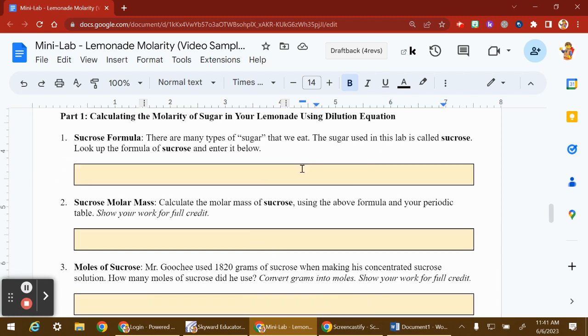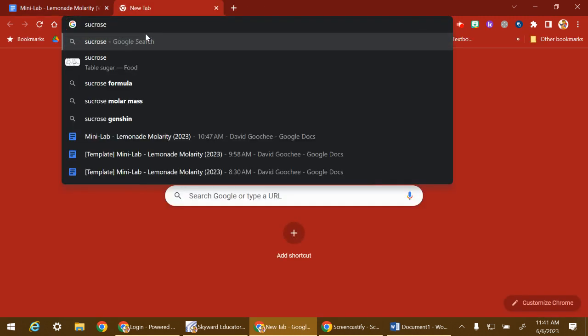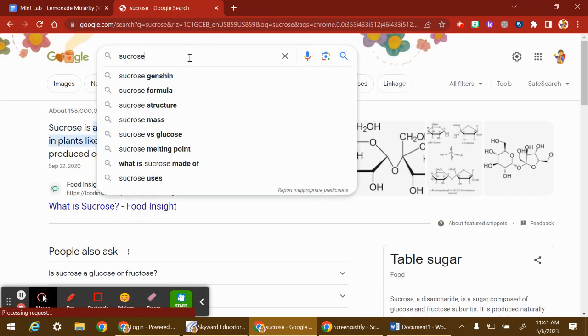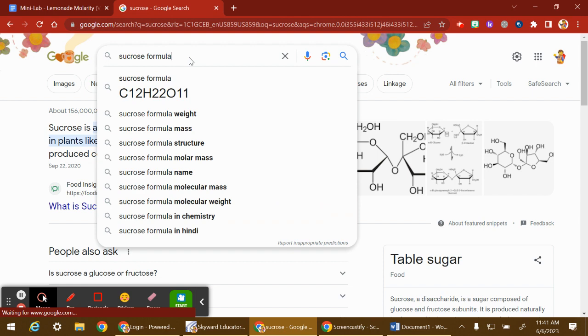So we have to follow all of these steps to figure out what was the concentration of sugar in our lemonade. The first question here is look up the formula of sugar. There's many types of sugar. The kind that we used in this lab was called sucrose. Table sugar, white sugar is called sucrose. So the formula for sucrose is, look up formula,